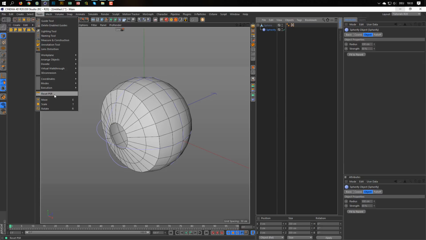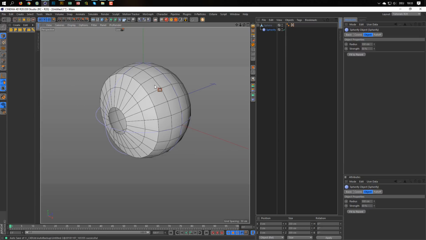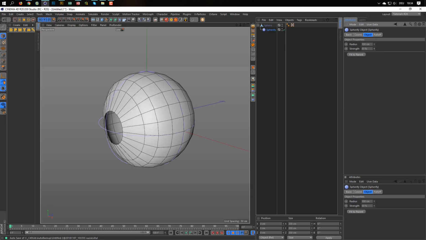Somewhere, reset PSR, here it is. Okay, so now the spherifier is on 50%, and when I go to 100%, I get this. This would be the first animation.